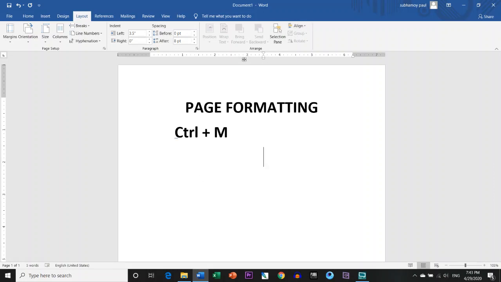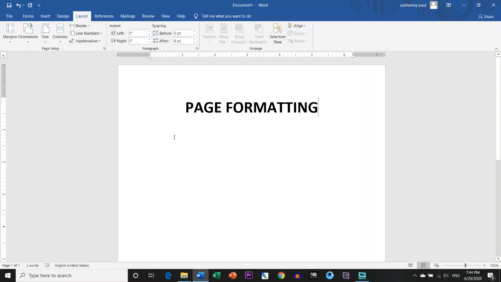If you press together, your indent will move. Now these are the points. In this point it will move as per your own choice. Now again if you press backspace, it will again convert it into your basic indent and basic form. Now this was our content of page formatting.